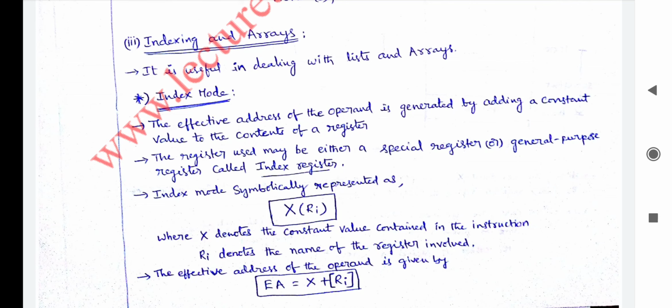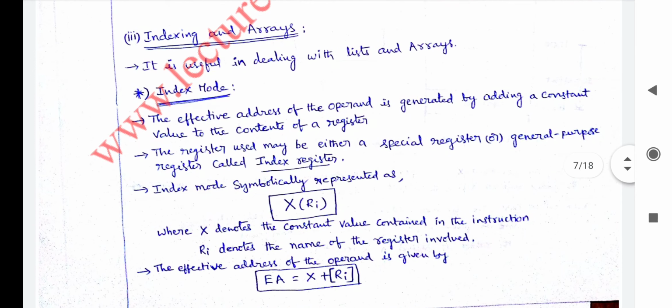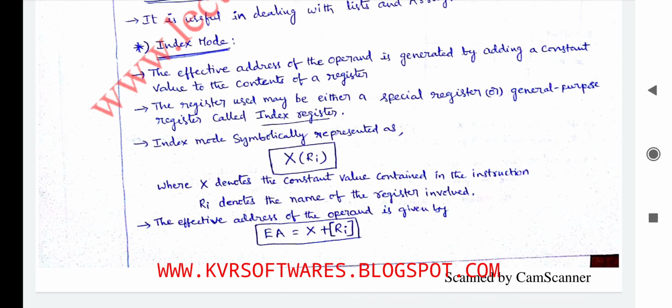Next, indexing and arrays. It is used in dealing with linked lists and arrays. We leave it. The next addressing mode is index addressing mode. Hope you know the meaning of the word index, which contains some contents, a list of contents. So the effective address of